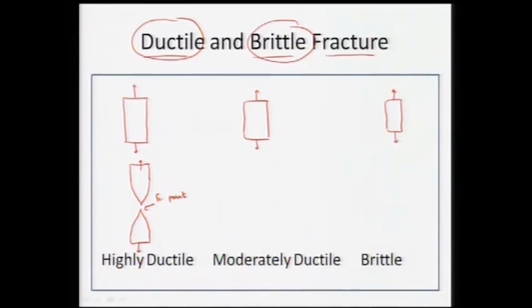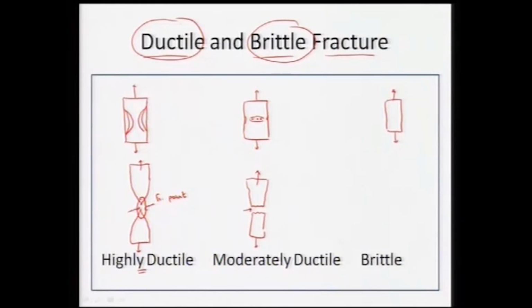So, we can see that the material will start deforming, at some stage it will start necking just to accommodate the deformation, and this neck will keep getting smaller and smaller. So, finally what will happen? We will have some area which is very weak, and this point contact will occur in a very highly ductile material. In the case of a moderately ductile material, what will happen? That will start creating certain voids in between. As soon as the material is being deformed, the neck occurs, but not to that large an extent. It will start creating some voids in between, which will try to merge together and will give something called a cup and cone type of fracture.